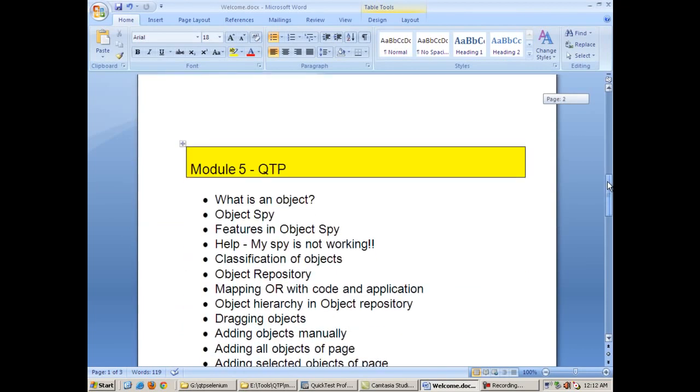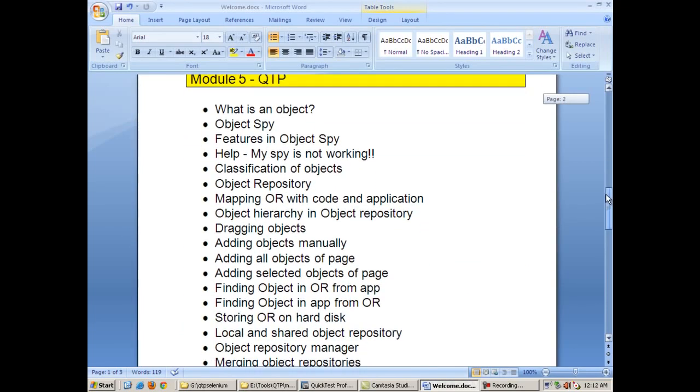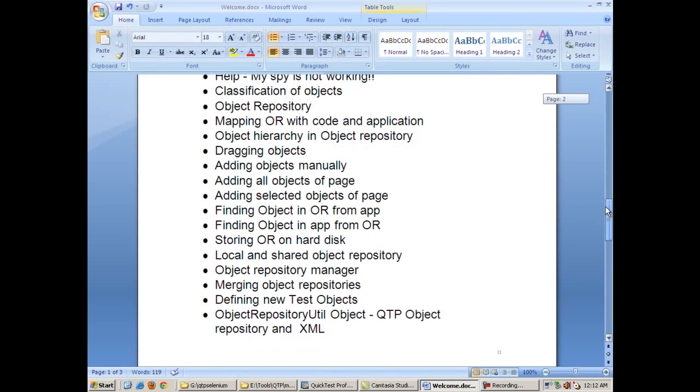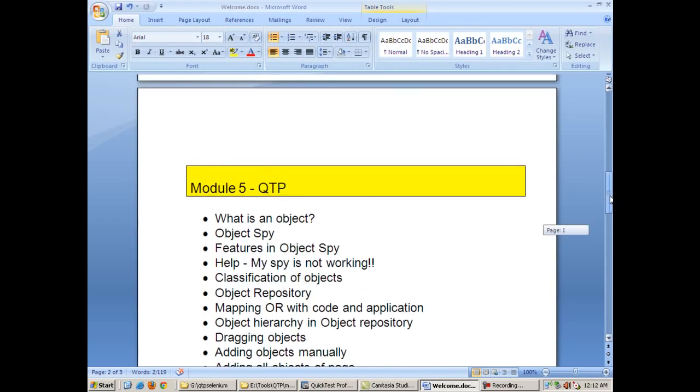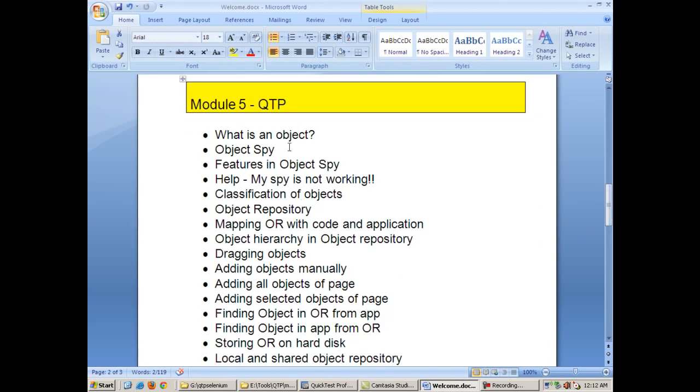I'll be covering these topics in object repository: object spy, object classification, features of object repository, local and shared object repository. Then we will be studying about the object repository util object. I'll be giving you an overview of this as well. And so let's start. Okay, the first question which I have written in the topic is what is